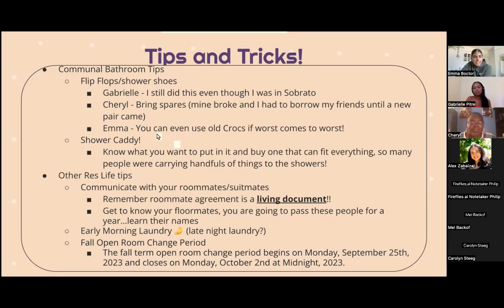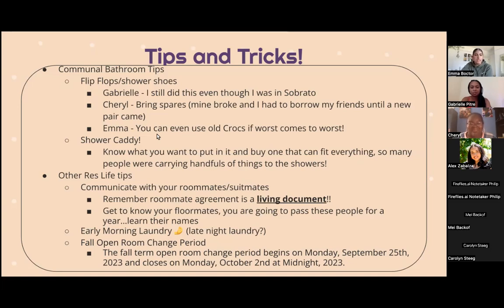Yeah, and then next is about laundry. So one thing about doing laundry in college is you don't always get to plan exactly when you're going to do it. At least in my experience, I lived in the middle of a hallway in Graham, so I actually had a laundry room all the way at the end of this hallway and at the end of that hallway, and it was still really hard to find a time to do laundry. So I would say try to do it at different times throughout the week and find a time that works best for you. One time that I find is really easy to get your laundry done is early morning, especially on the weekends. I know nobody wants to wake up early on a Saturday or a Sunday and do your laundry, but honestly, it's got to get done one way or another.